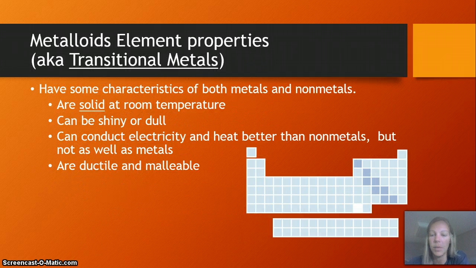Back to the metalloids, the ones in the center, the dark blue right here. They have some characteristics of metals and some of nonmetals, and oftentimes that's why they are called transitional metals. They are solid at room temperature. Some of them are shiny and some of them are dull. Some conduct electricity well, some others don't, and some are ductile and malleable and